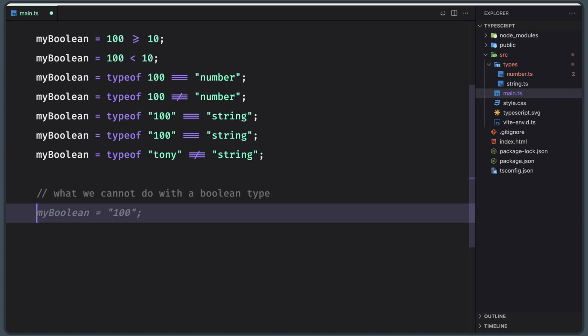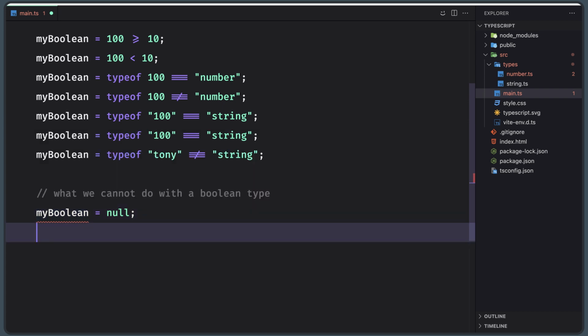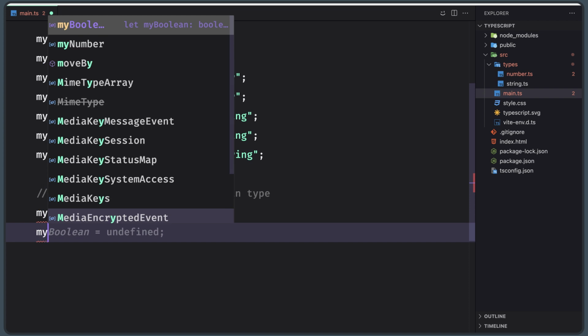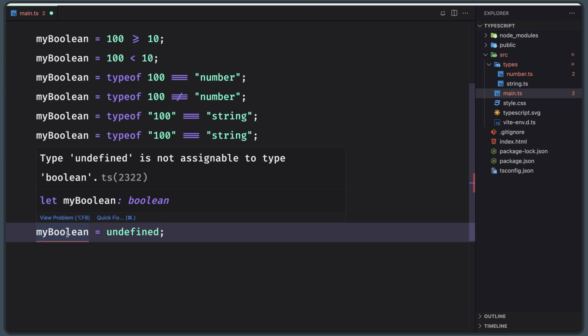Okay, now let's start. One important thing that you need to note over here is that undefined and null are not considered as falsy values. So you cannot assign undefined and null to the boolean variable. So if I say myBoolean to be equal with null, yeah, we have an underline error: type null is not assignable to type boolean. Also, if I say myBoolean to be equal with undefined, also here we have type undefined is not assignable